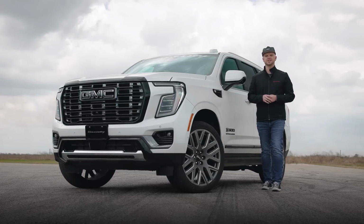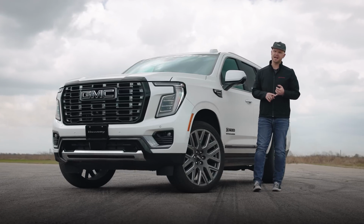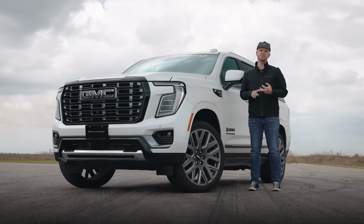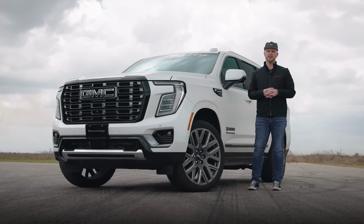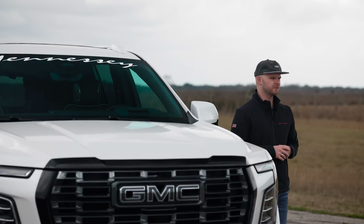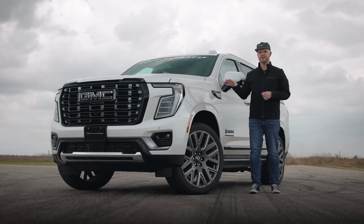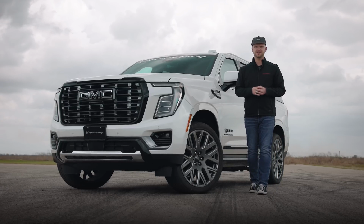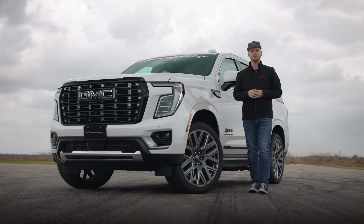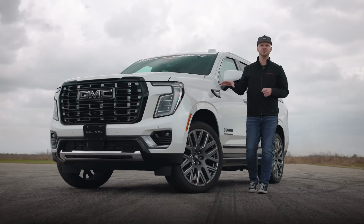Now, in the performance SUV segment, there are a ton of options today. You have the Escalade, you have your Mercedes, you have your BMW, you have your Audi. So how do you decide what's right for you? Well, when it comes down to it, the best way to figure out what the perfect vehicle is to get out there and drive one. We would propose that for the price, the GMC Yukon Denali Ultimate rivals any of those other brands that I just listed. So if you have questions, or if you want to learn more about the H600 GMC Yukon, give